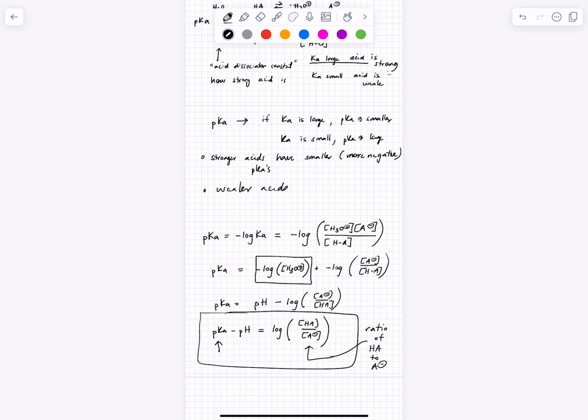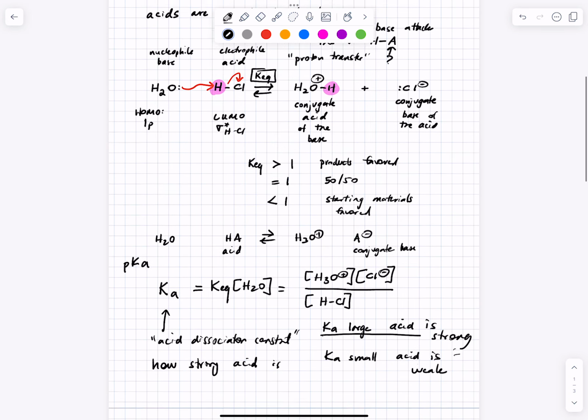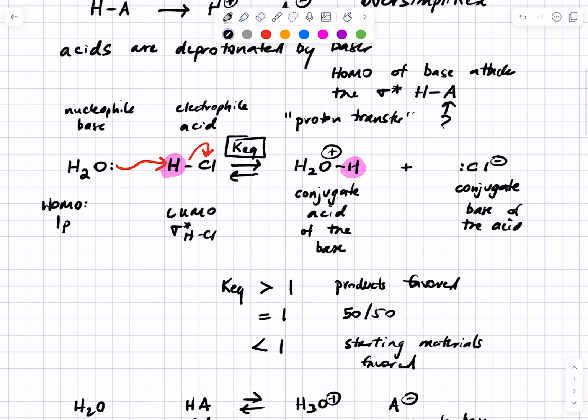Weaker acids have larger, more positive pKa's. So that's an important principle for today. And you can use pKa's to determine which side of an equilibrium will dominate at